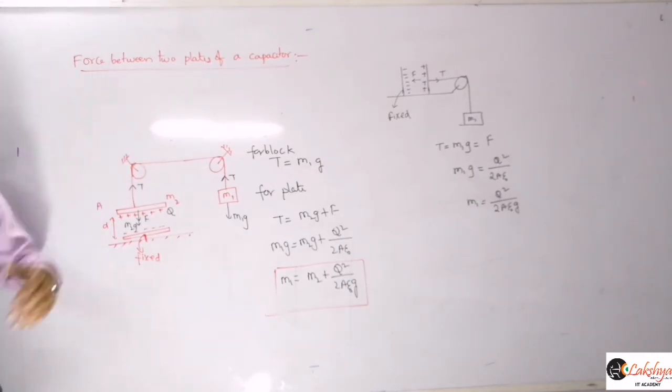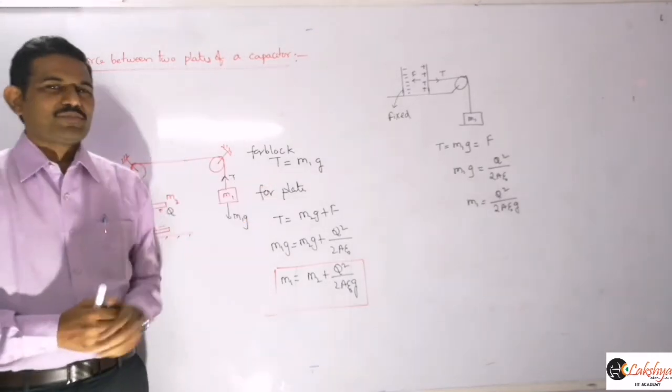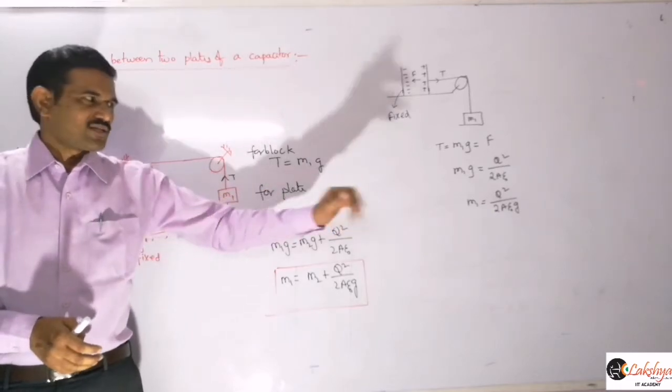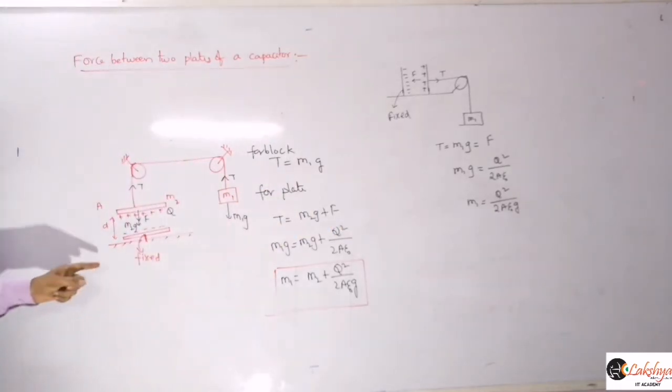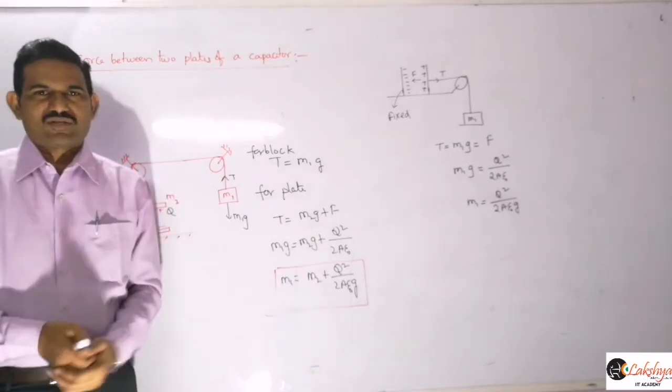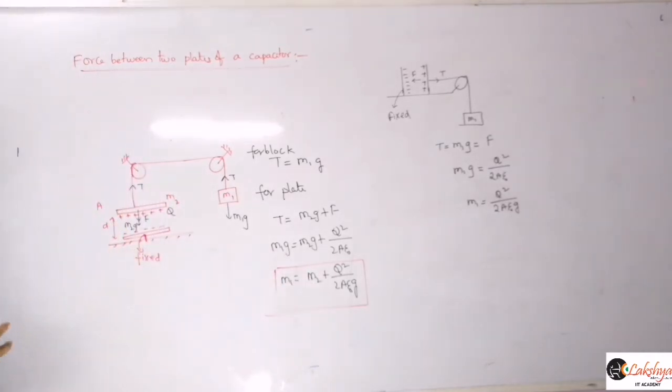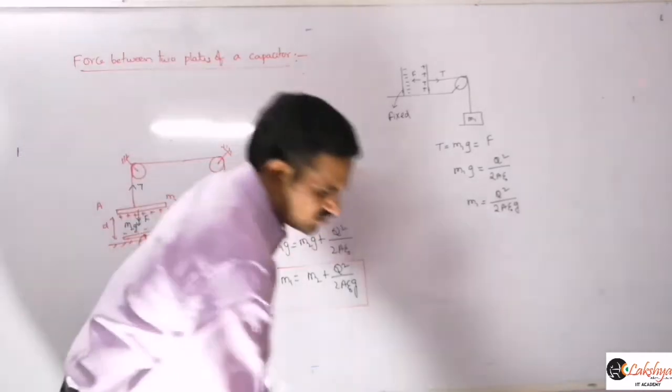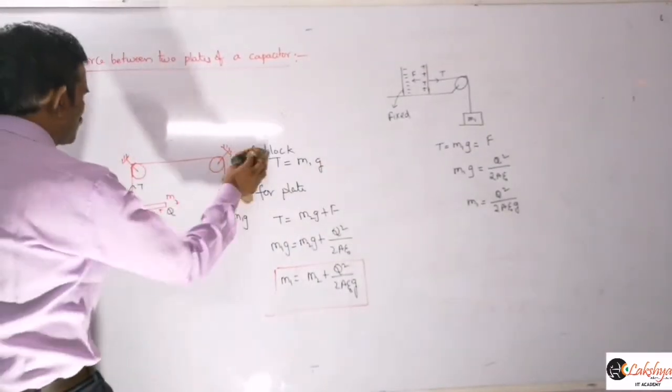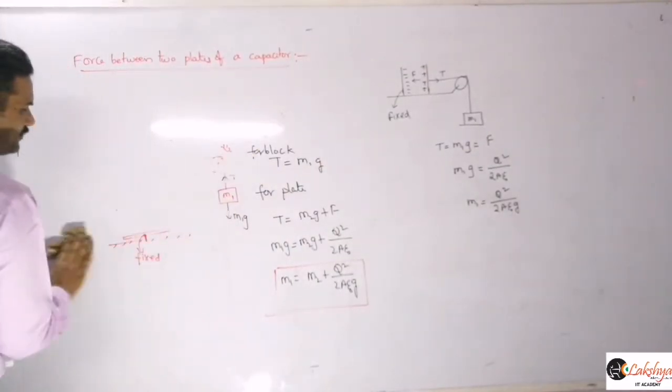You need to identify whether there is a role of mg of the plate or not. If the system is like this, then only this mass is required to keep it in equilibrium. If the system is placed like this, then additionally this m2g we also need to consider. So that is the additional weight required. The weight of the plate is also to be balanced there, right? So observe the given case, and answer such types of questions.